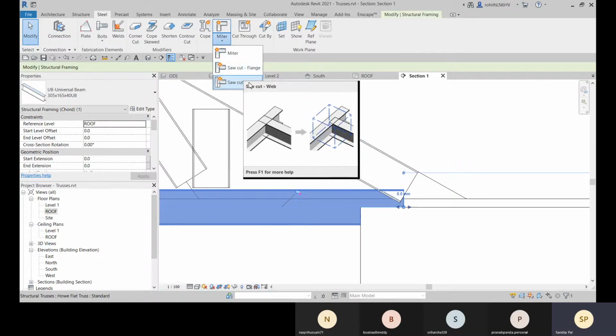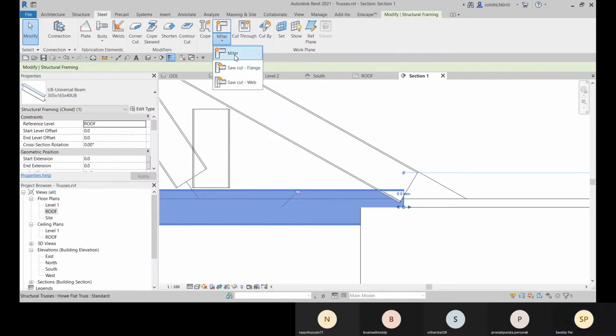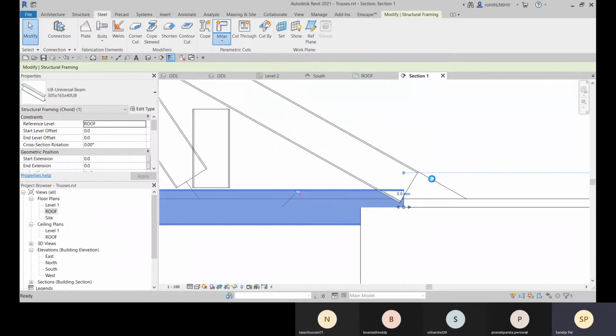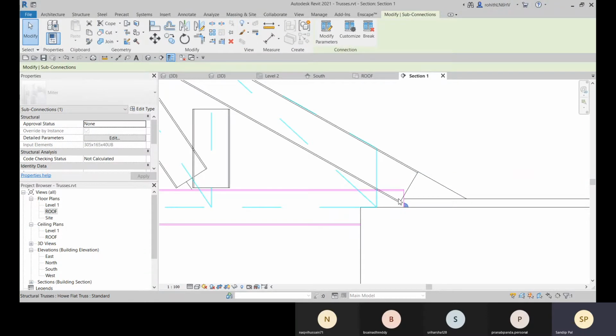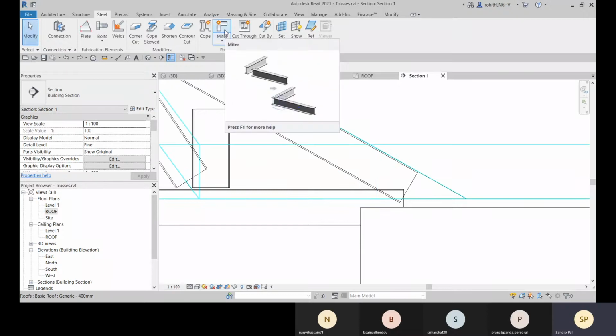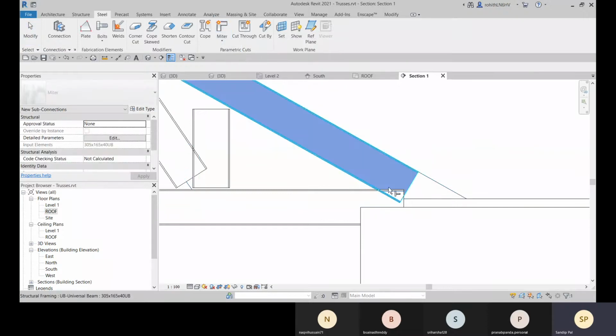Okay, so what is the type you want to make? Let me show you that with this miter join. Okay, so don't select any of this first. Right now this one is selected. I don't suggest that you select it first and then go for it. So don't select anything and then go for this miter joint, and then select it and, holding control, select the other. After selecting these two, just press enter.